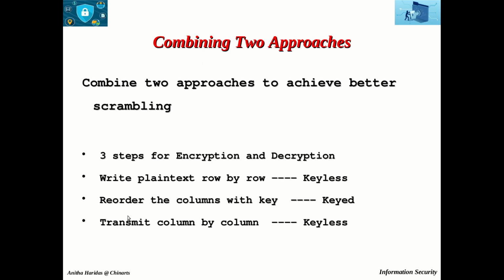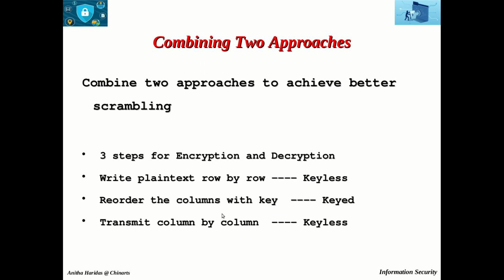Then the third step: the new table is read column by column. So we transmit it column by column, which again becomes a keyless transposition cipher. So here the first and third steps provide keyless transposition cipher, whereas the second step provides the blockwise keyed transposition cipher. That is how we combine these two approaches to achieve better scrambling.